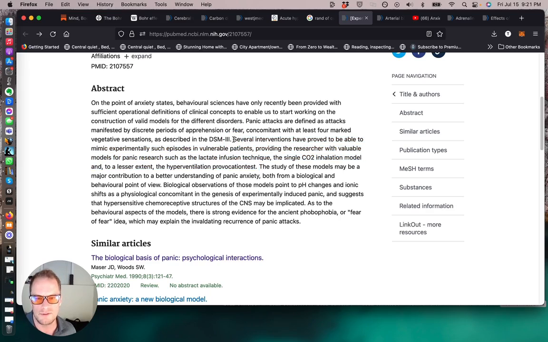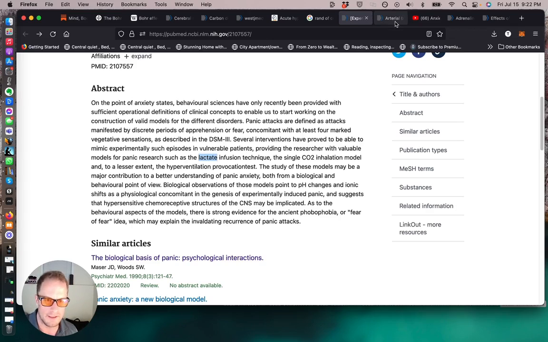And then I have another paper here that's just talking about how these researchers induced panic in their patients. The way they would induce panic is to do one of three things. They would increase lactate, they would do a single very high concentration CO2 inhalation, or they would have them hyperventilate. So it's known that you can induce panic from hyperventilation, and I thought it was also curious that you can infuse lactate, which is the byproduct of non-oxidative metabolism. So basically this is a lower pH plus a signal of very inefficient metabolism,